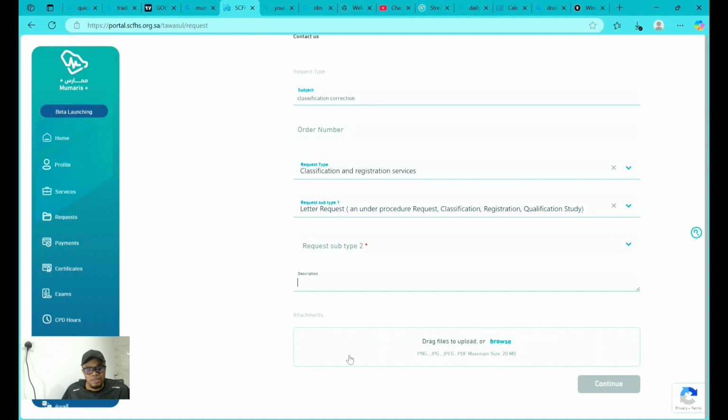attach any document that will clearly help them to identify, or a matching document that will prove what you are saying. Let's say if it's a name correction, you can submit maybe your identity document, let's say your international passport, a photo page. You can upload it there so that when they use it, they can use it to confirm. So if it's something that has to do with your degree, you upload your degree certificate, they can use